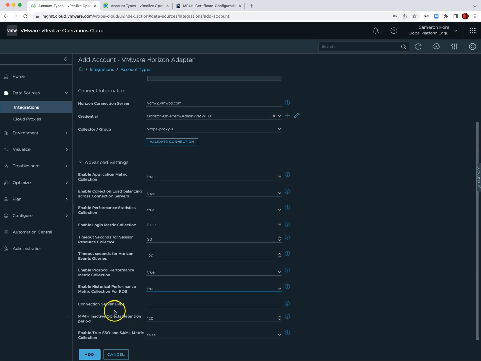Now, the other option around connection server URLs, I don't really recommend using. This option is really meant to be a workaround if the certificates on your connection servers are not valid. So if your connection server certificates are valid, you're basically done at this point. You don't need to turn on any more options. However, if the connection server certificates are invalid, this provides a workaround to basically trick VROps into accepting